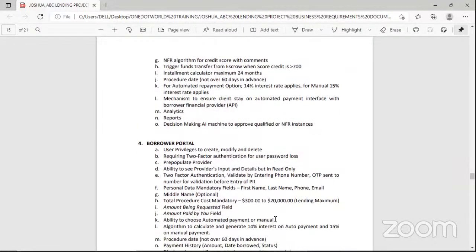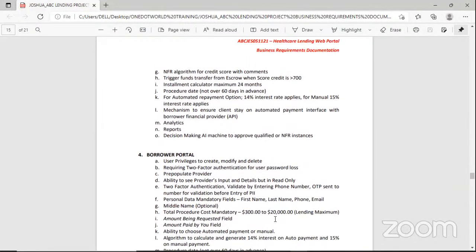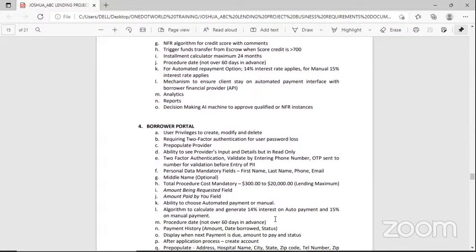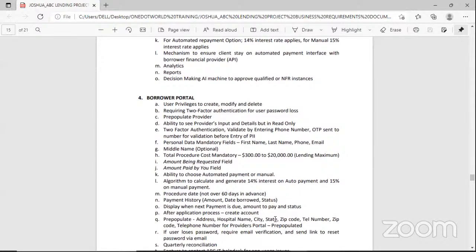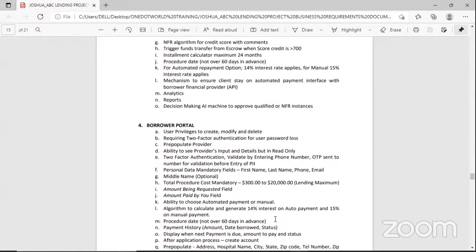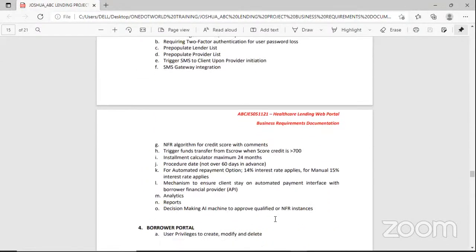And then there will be a feature for both automated and manual payment. So there's a 14% interest rate that the borrower has to pay if there isn't an automated system. And then for the manual system, they have to pay a 15% interest rate. There'll be APIs within this servicer portal.